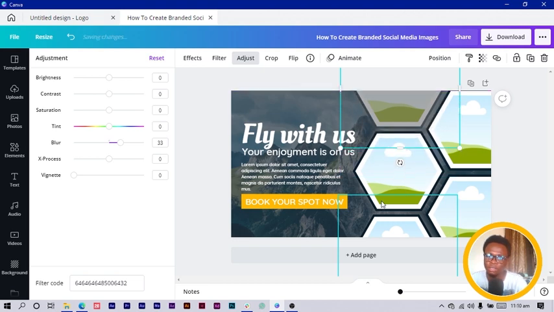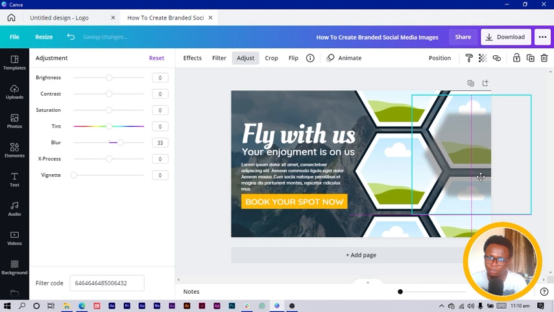Plus any of your arrow keys, whether left or right, so that it moves 10 times. If you just press your arrow key once, like pressing this way, it moves by 1. But if you hold shift and you move, it moves by 10. That's the thing. Okay, so I send it backward,